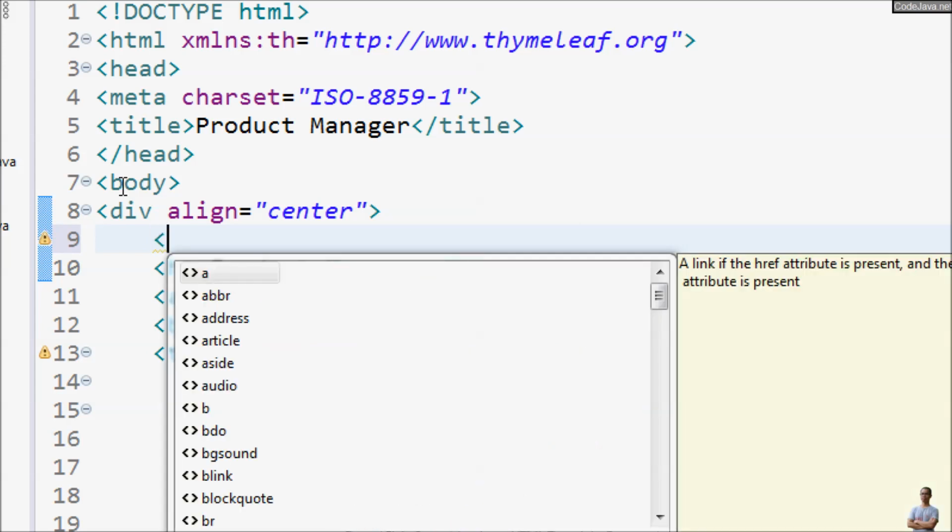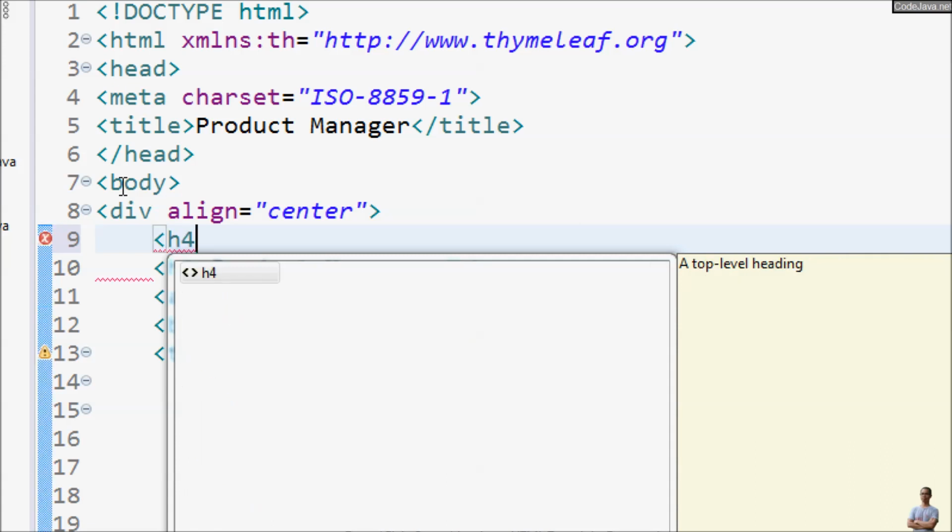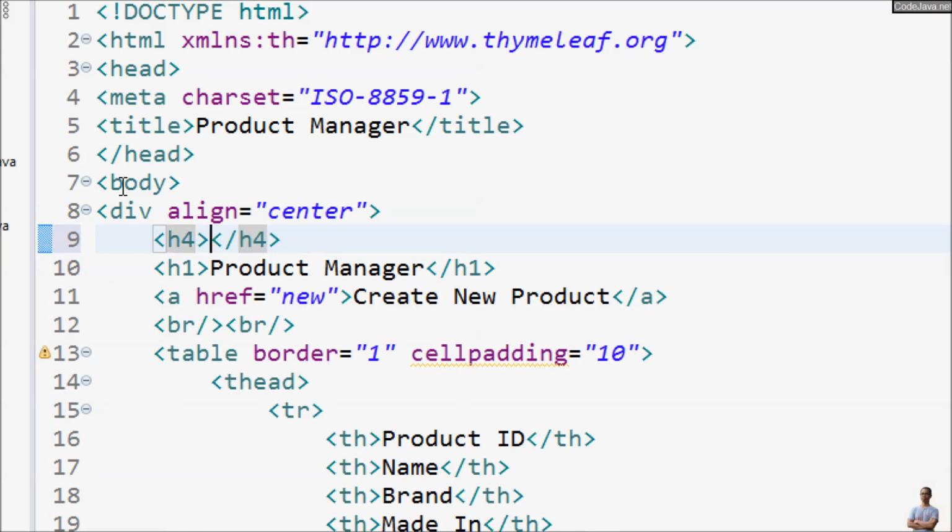We use a heading for tag, for example. No, that's the paragraph. We use Thymeleaf syntax inline value of a variable, th:text equal text and